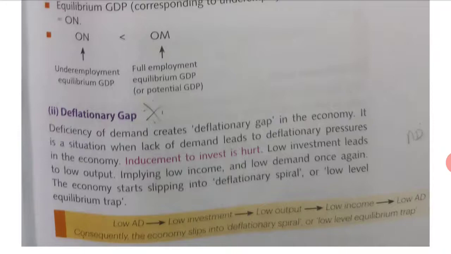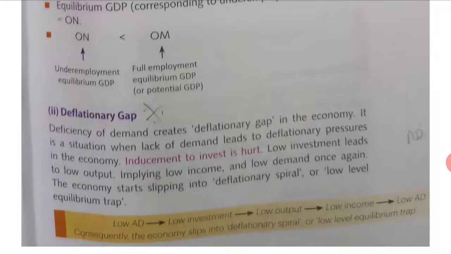If you have more profit, your investment will increase. That is the meaning of induced investment. So we learned already in the previous chapter about autonomous investment and induced investment. In autonomous investment, whether the national income increases or decreases, the investment will be happening. Whereas induced investment means only if the level of national income increases, the induced investment will be increasing.